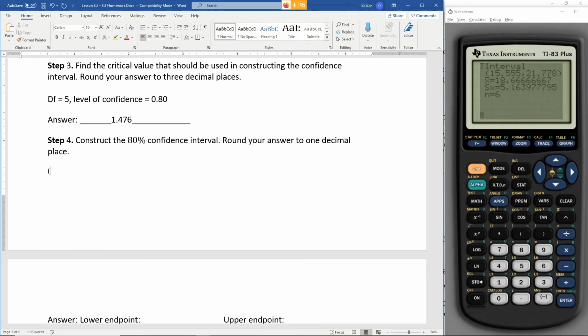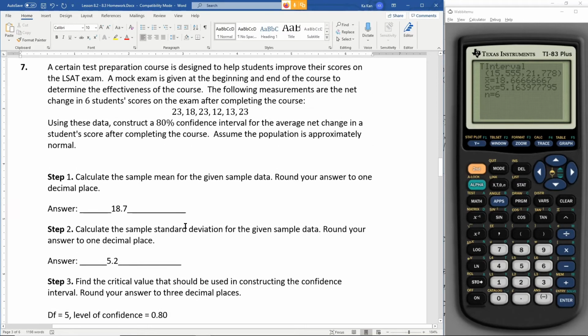It takes a little while. So that's 15.555. Or the one decimal place, so 15.6. And then 21.8. And that's the confidence interval, 80%, for the mean using T distribution. Now, let me go ahead and do this on the